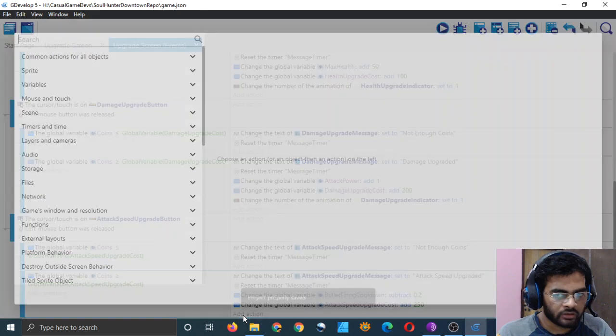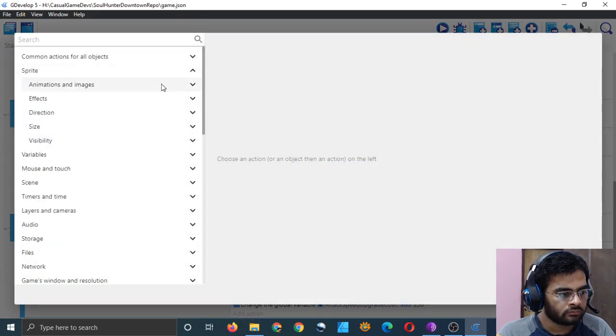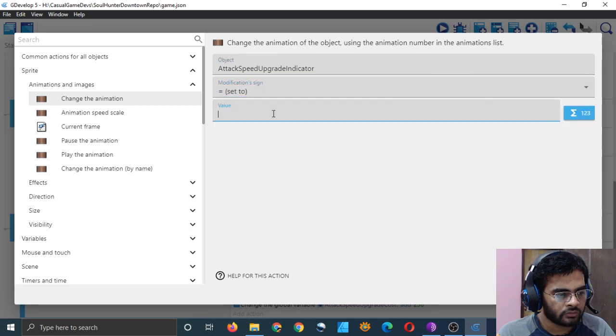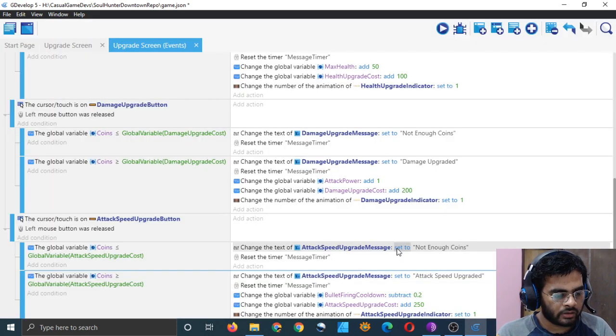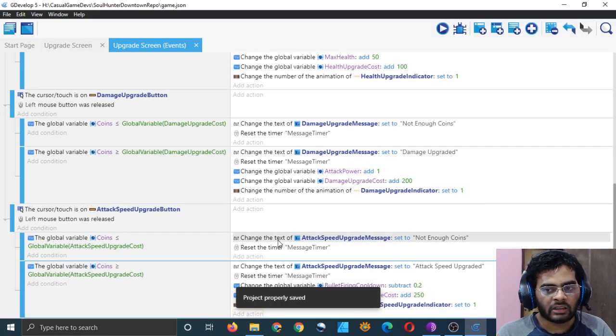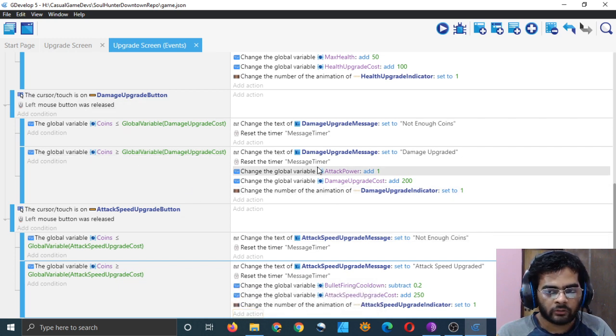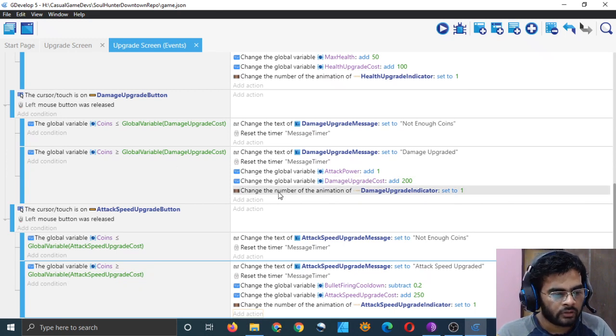Now I change the animation number for the attack speed indicator to 1. But I think we should just add 1 to the animation number, because we will be doing it a couple of times, right? And we are not going to make a different condition every time.